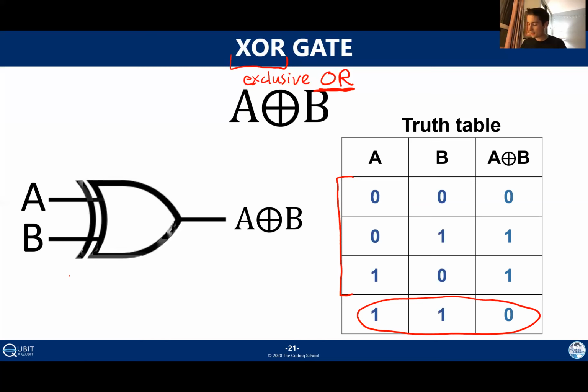Here's how we draw it. Again, as I said before, it's similar to the OR gate. So you start off with this familiar OR gate structure with the curved back on it. The only difference now is we put a second curved back on it. So it's got this kind of double line toward the back. That's how you indicate an XOR gate.